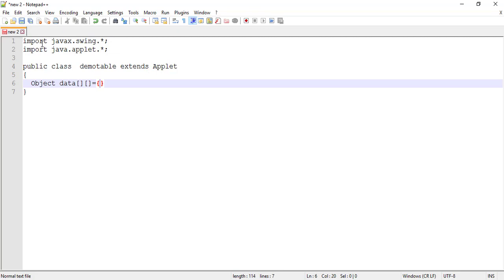Inside the curly braces, again inside curly braces, the first row data is initialized. Then using a comma, we can separate the row data. So the first value is one, then second is the name of the student, for example ABC, and the percentage of the student is given, suppose 75. So here the first row of the table is initialized.